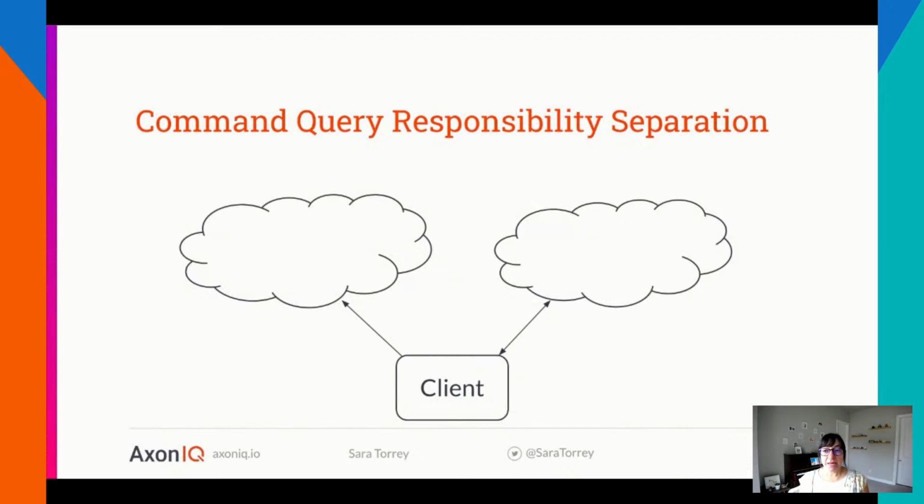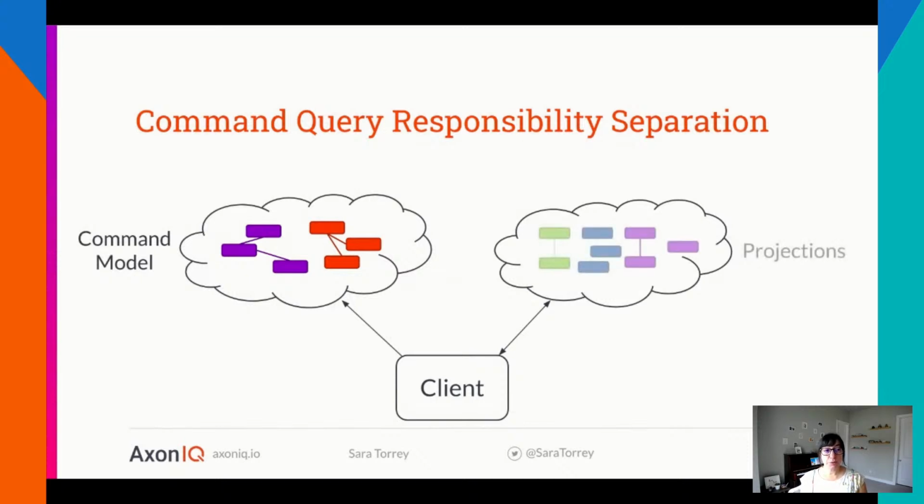Now, the command model here shows more complex models and more boxes that are interconnected. And this is done as the command model is driving our decisions, for which the consistency boundary is extended between different entities and value objects, for example. And the notion of aggregates and interconnected objects is shown here as well because the state changes happen here. And you can see that they have different colors. So you can say this one, the purple, is one aggregate, red could be another aggregate, for example. Now, on the query model, you will see more loosely coupled models, and this kind of goes back to denormalized data.